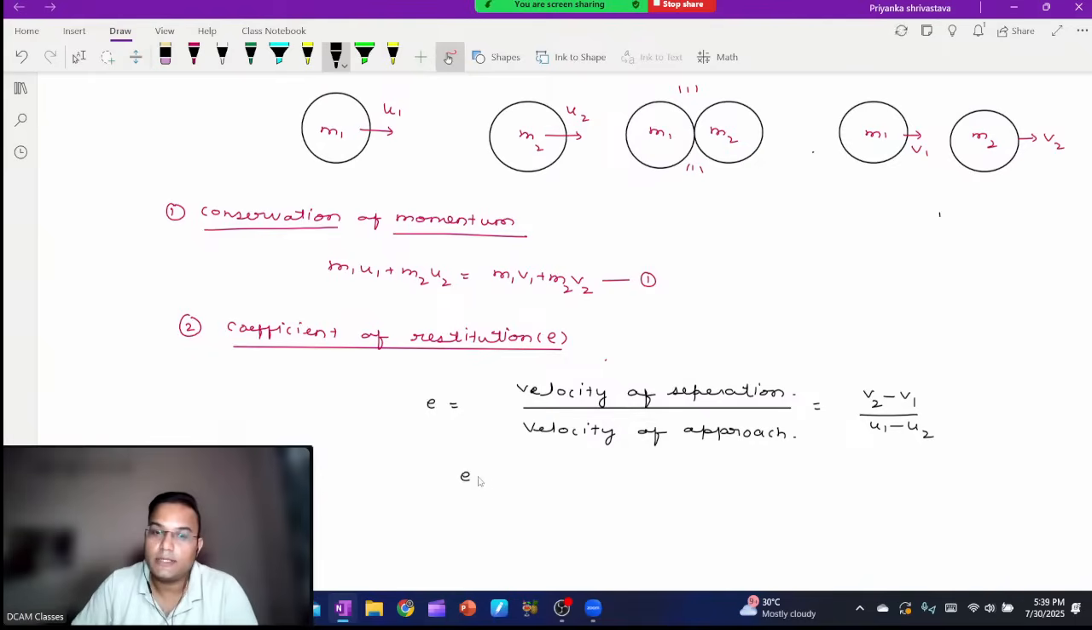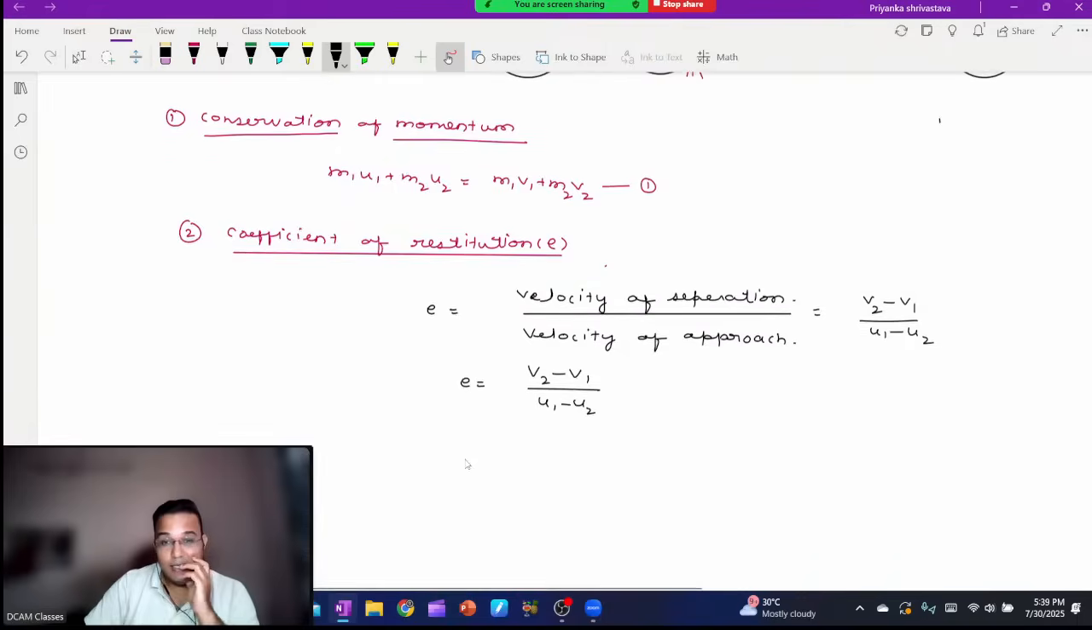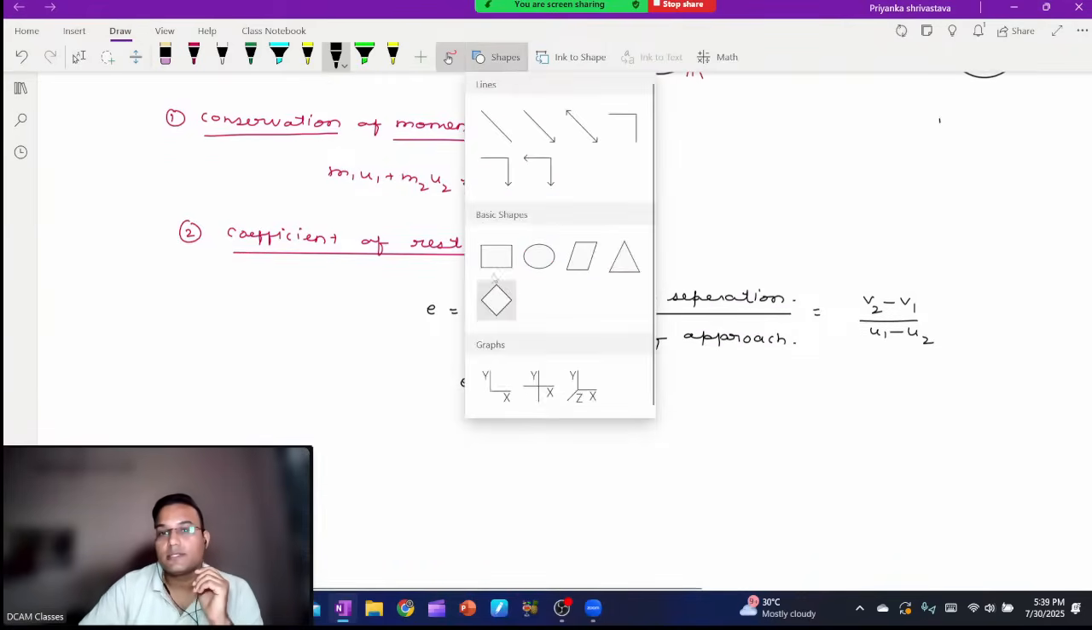तो e का बेसिक फॉर्मूला होता है v2 माइनस v1 बाई u1 माइनस u2। और अगर कोलिजन दीवार के साथ हो रहा है, तो दीवार को रुका हुआ मान लो, मतलब कीप द वॉल स्टेशनरी एज अ सेकंड ऑब्जेक्ट एंड देन ट्राई टू फाइंड आउट द कोफिशिएंट ऑफ रेस्टिट्यूशन। ओके, दूसरी इक्वेशन आप इससे बना सकते हो।